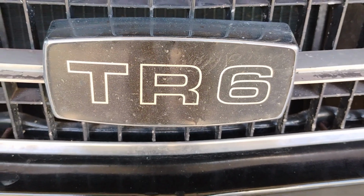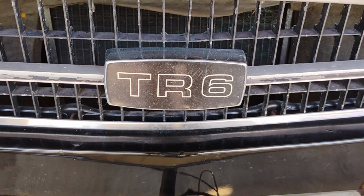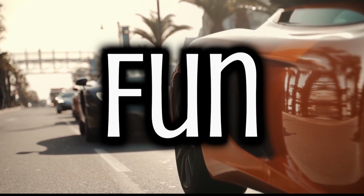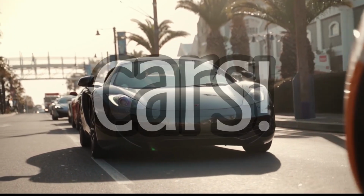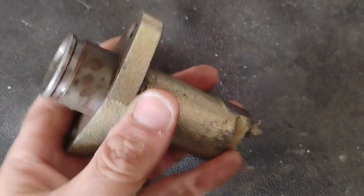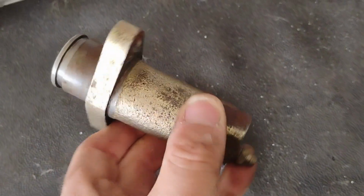Today's episode of Fun with Cars, we're going to fix a leaky slave cylinder for the clutch on this 1974 TR6 Triumph. Appears to be a brand new unused slave cylinder that came with the car. It's got a little corrosion on it from sitting in the glove box, but we'll clean it up and we'll